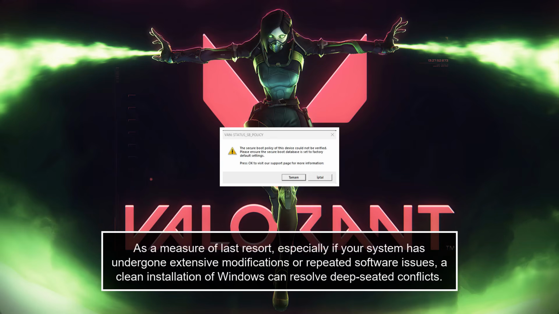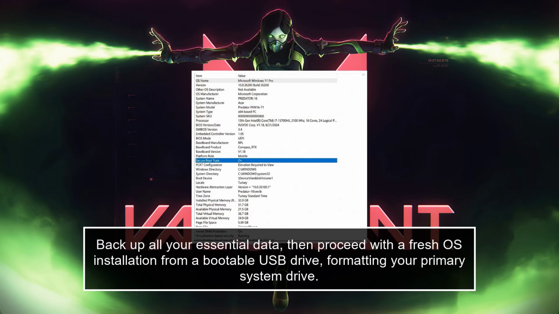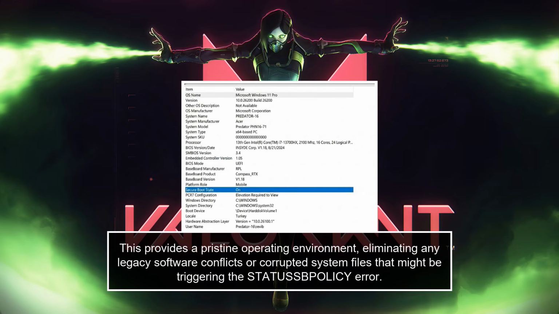Consider a clean Windows operating system installation. As a measure of last resort, especially if your system has undergone extensive modifications or repeated software issues, a clean installation of Windows can resolve deep-seated conflicts. Back up all your essential data, then proceed with a fresh OS installation from a bootable USB drive, formatting your primary system drive. This provides a pristine operating environment, eliminating any legacy software conflicts or corrupted system files that might be triggering the